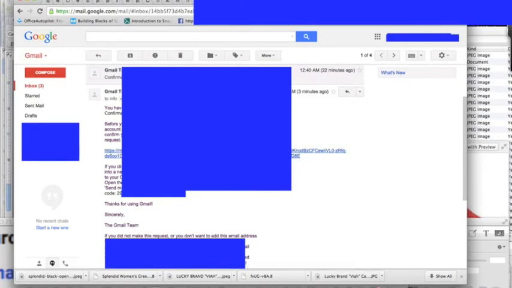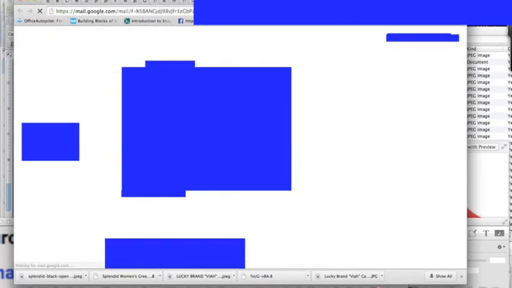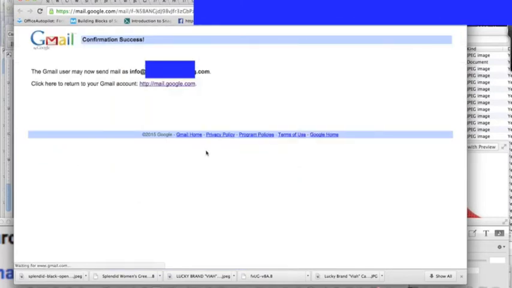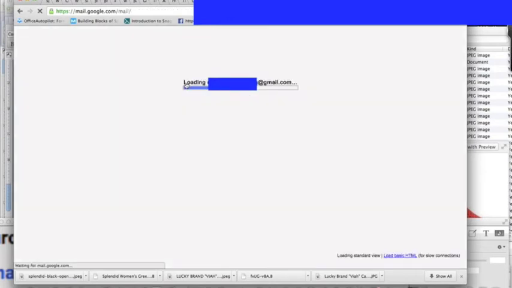So I'm going to click this link, and the Gmail user may now send mail as myinfo@mydomain.com. So it's all set up and ready to go. And the way you can tell is, as soon as it's done loading,